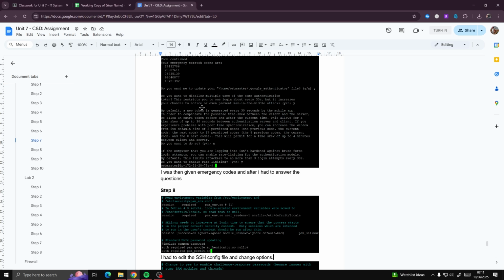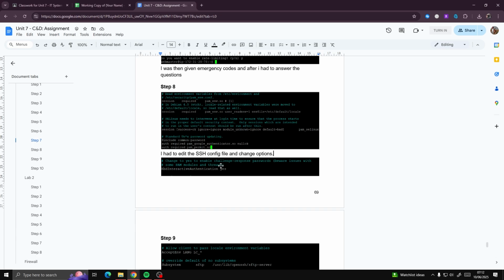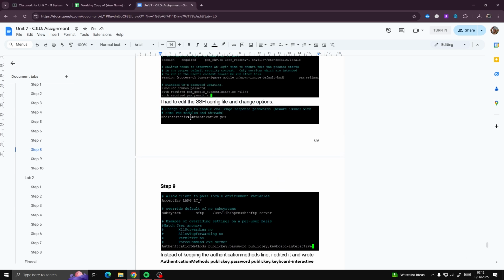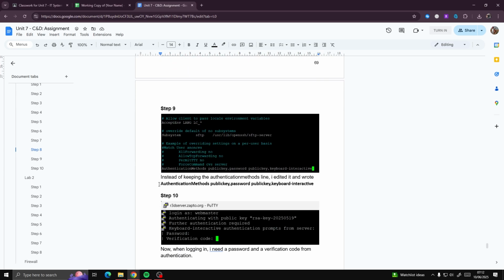I also had to answer these questions so that I understand all about the whole authenticator thing. It's telling me that every 30 seconds a new token is generated, all of that type of stuff. Okay. And I edited the SSH configuration file back again, from this to authentication methods, which is public key,